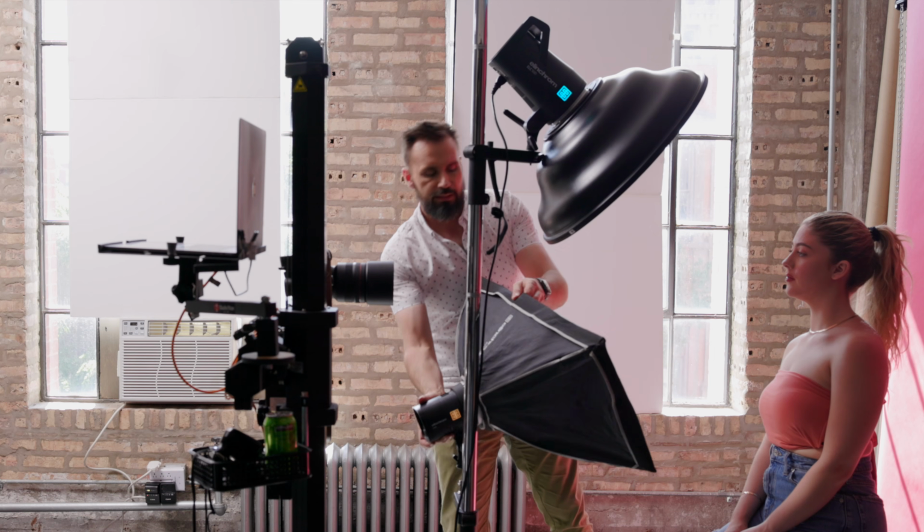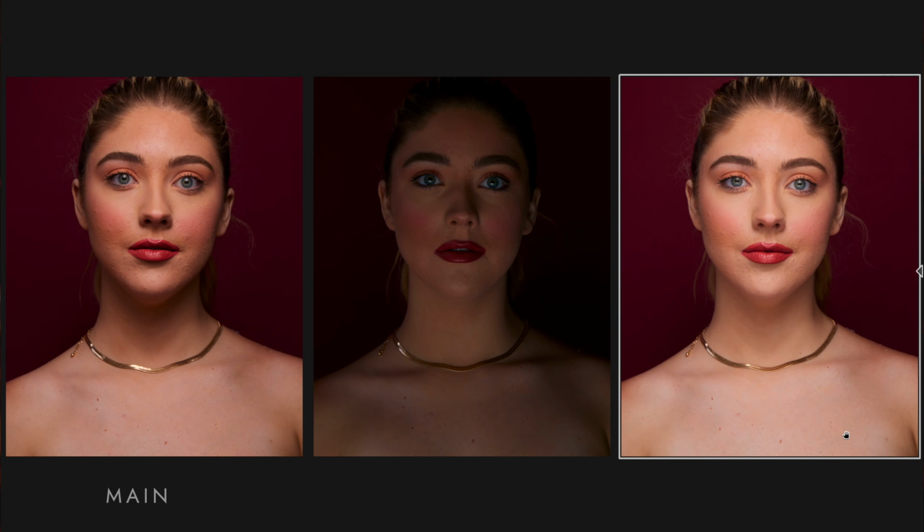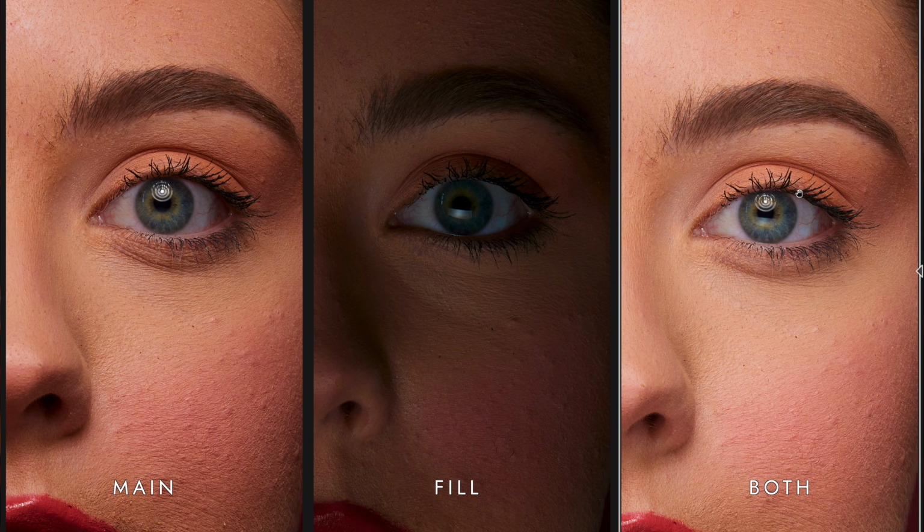their complexion. Fill is simply a light that you use to fill in the shadows of your scene. Oftentimes it's going to be a soft modifier, and it's going to be darker in brightness than your main light. Its main purpose is to preserve details in the shadow areas, and it can also fill in the wrinkles, making